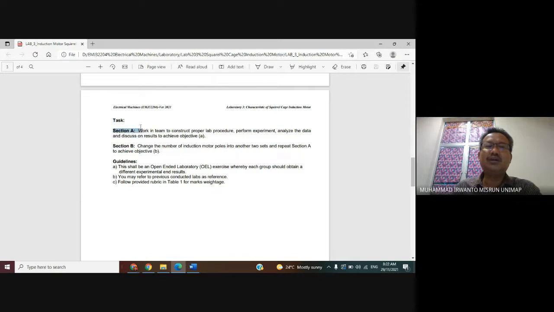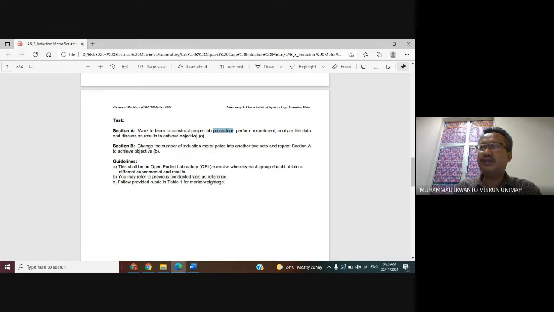Section A: work in a team to construct the lab, produce the procedure, perform the experiment, analyze the data, and discuss the results to achieve objective A. In your team, you write the report and procedure.